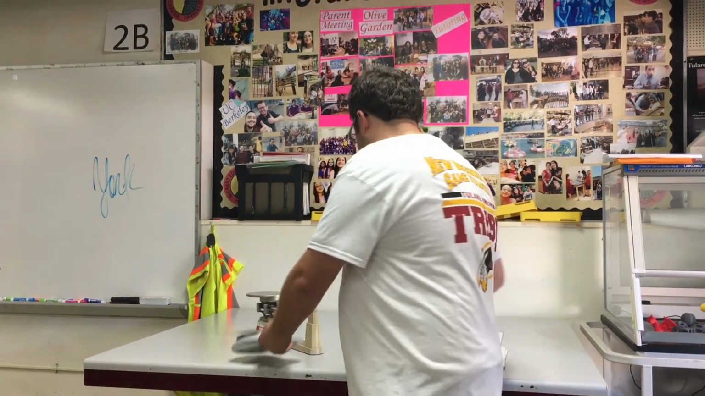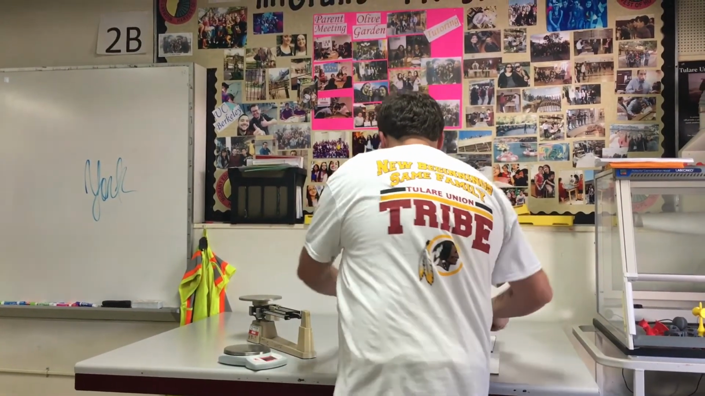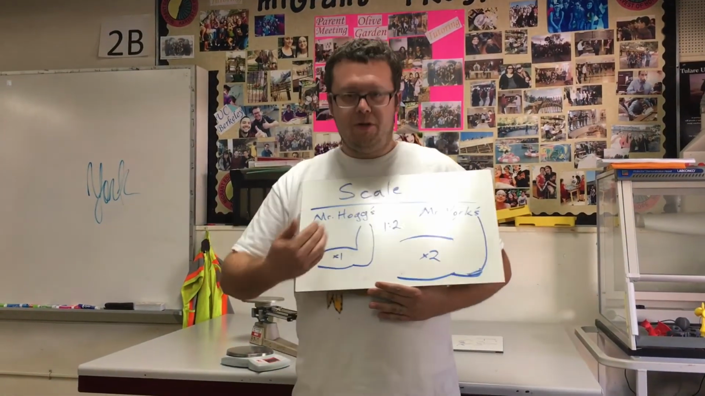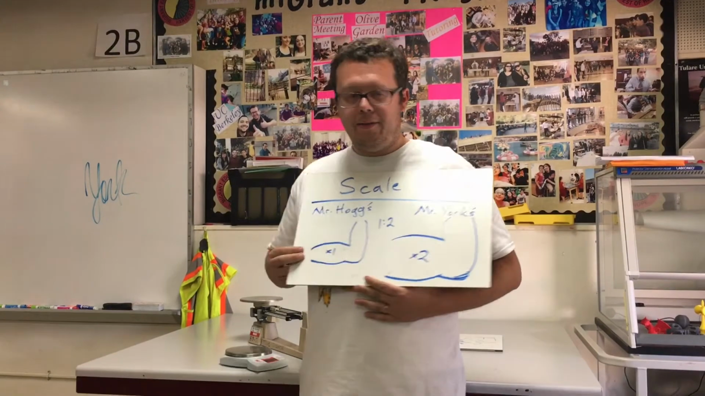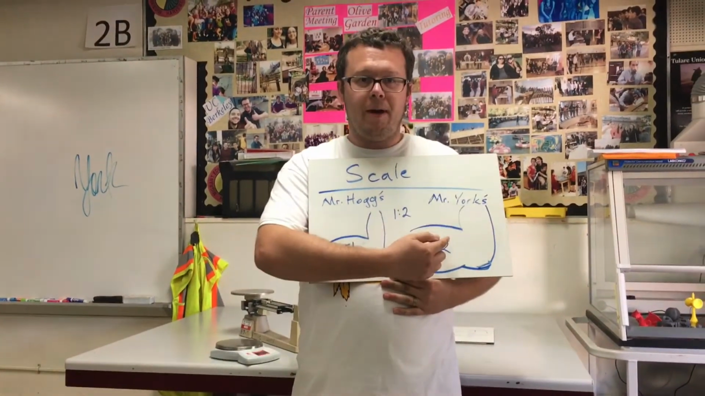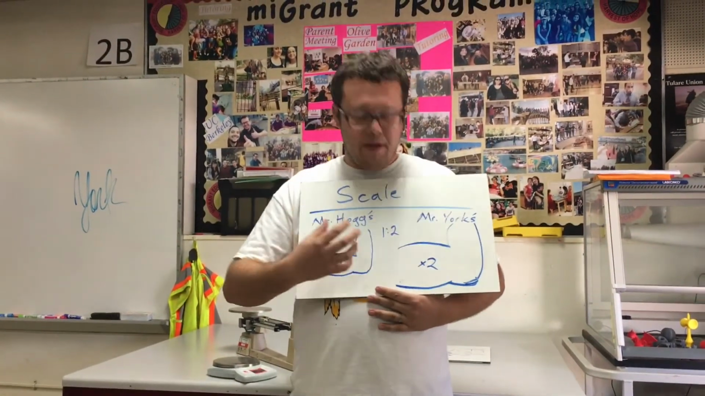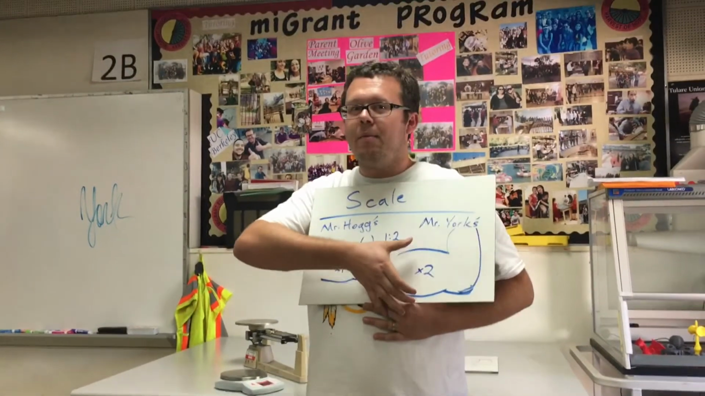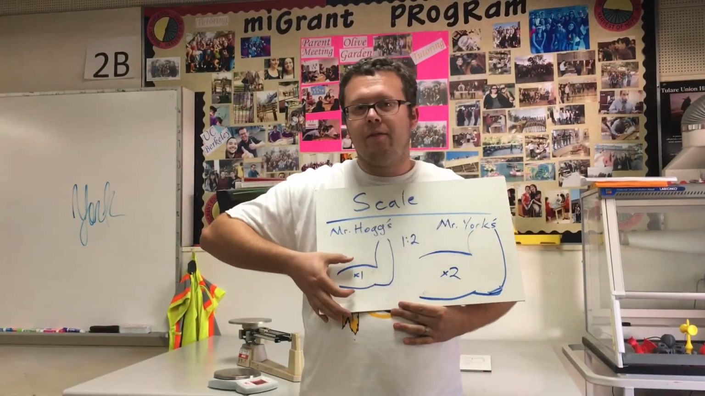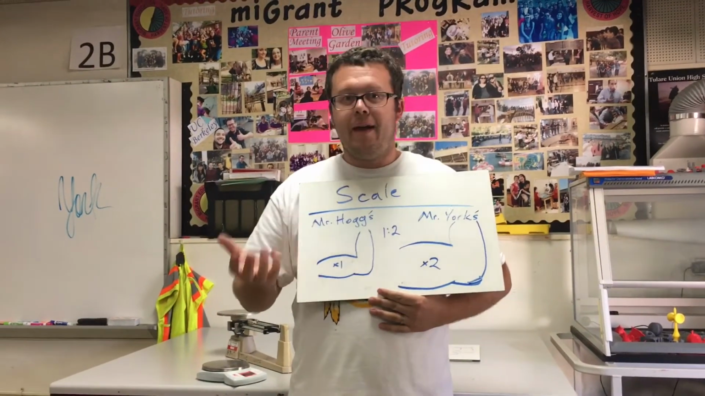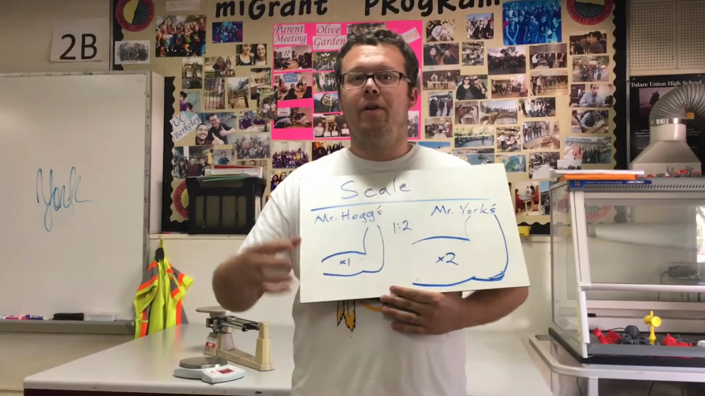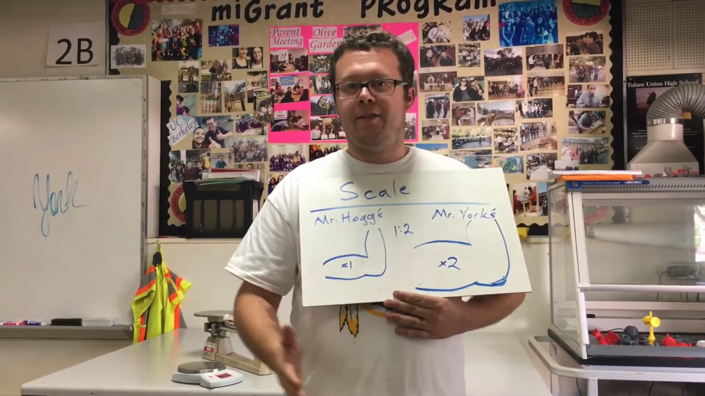Now, another way to look at scale is a ratio. So if we look at a scale between the size of Mr. Hoag's biceps and the size of Mr. York's bicep, there's a scale ratio of 2 to 1, where you can obviously see the size of the bicep is about twice as large as Mr. Hoag's. So that's a scale. We can see this in art where you draw a picture to scale, where there's a fixed ratio of the distances between two objects, things like